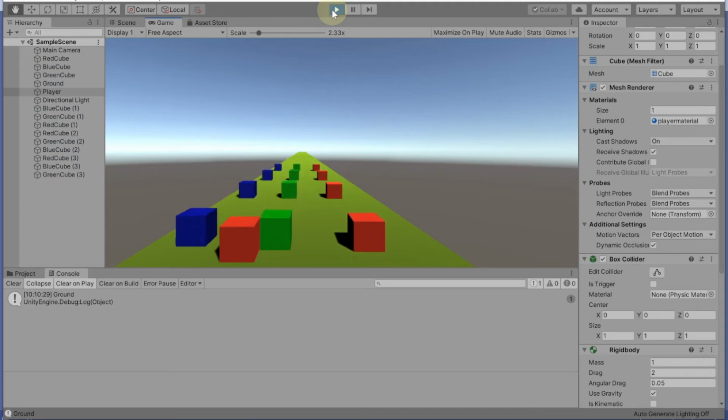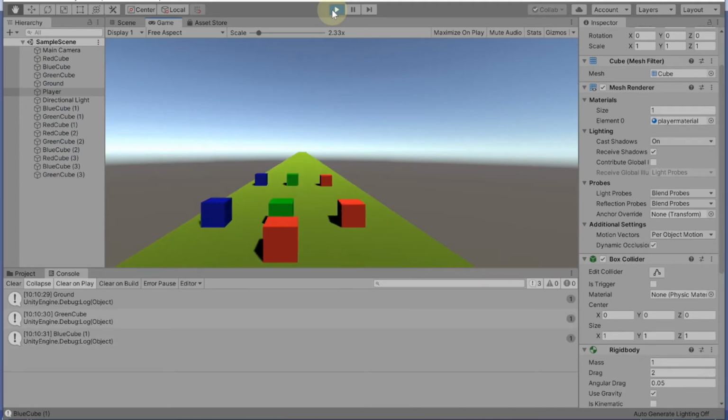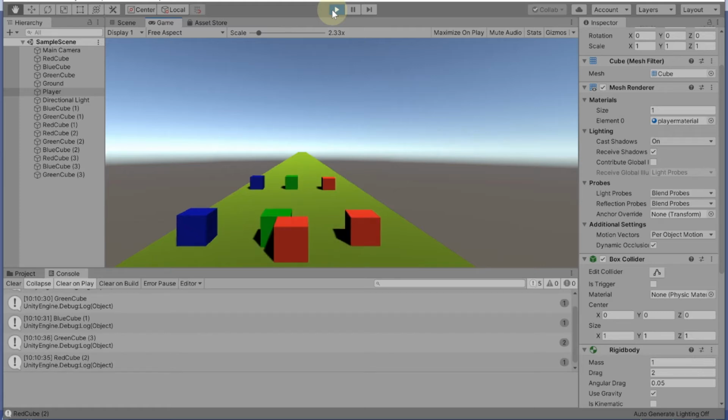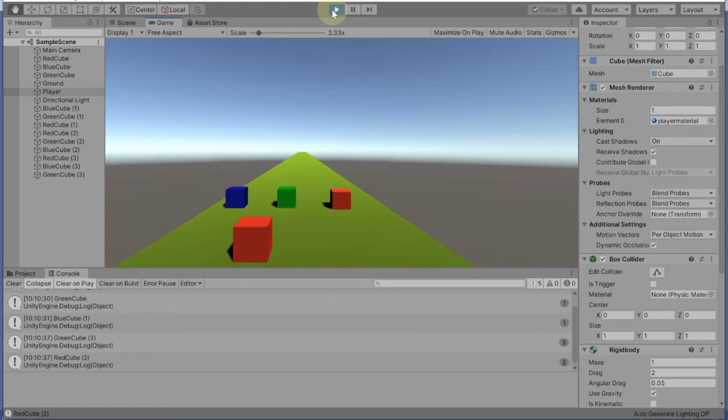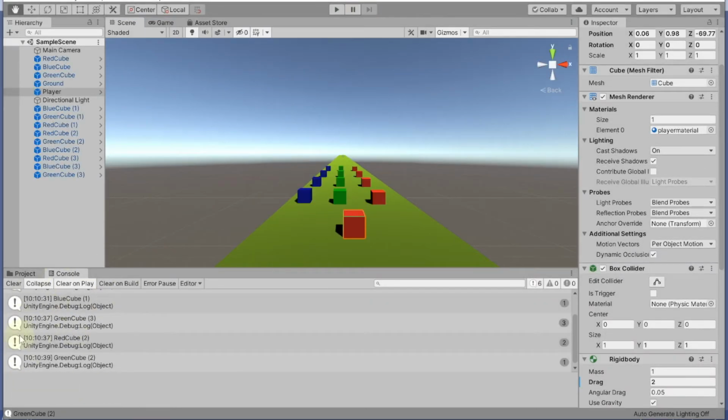Blue cube, green cube, red cube. So now we are very much into it. We can see the name. You guys can see down here in the console, you can see all the names whenever it hit any of the obstacles. Now let's come to the main task, which is, for example, if you want to destroy